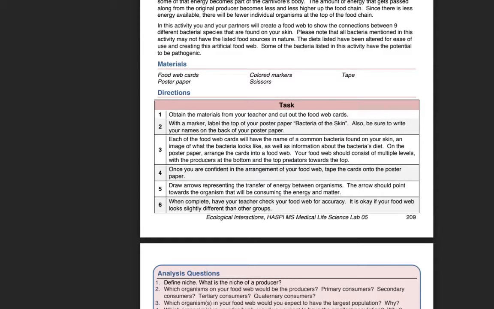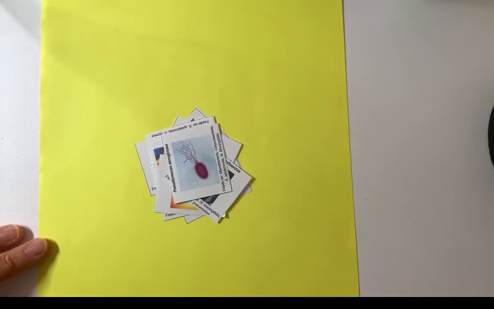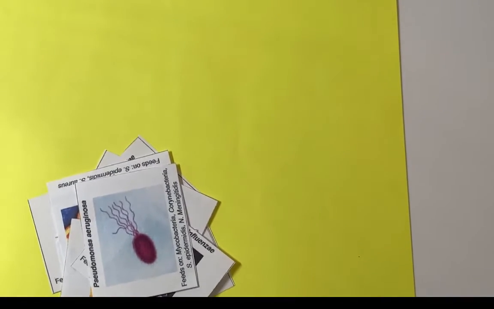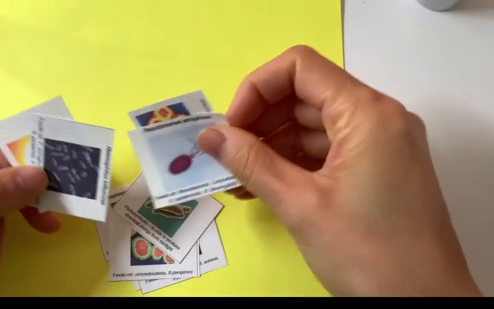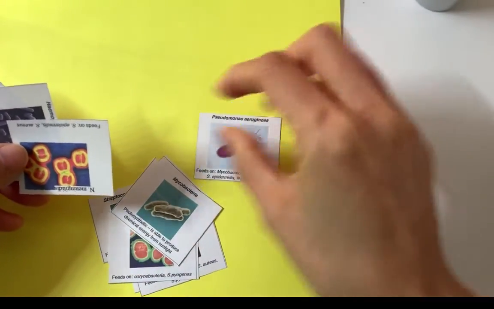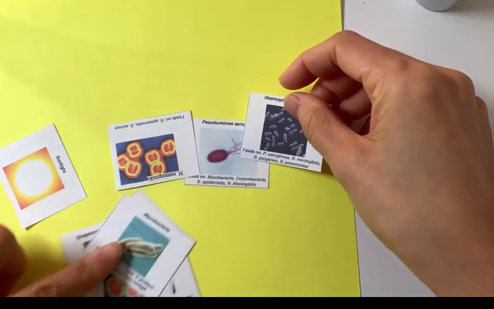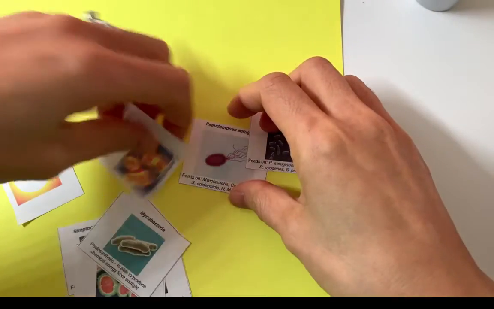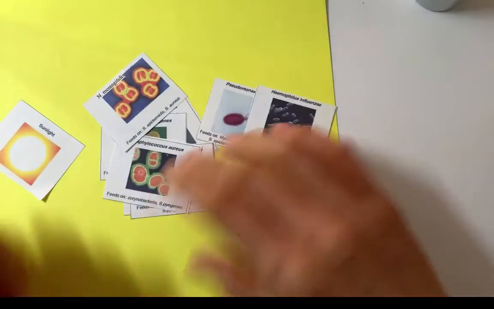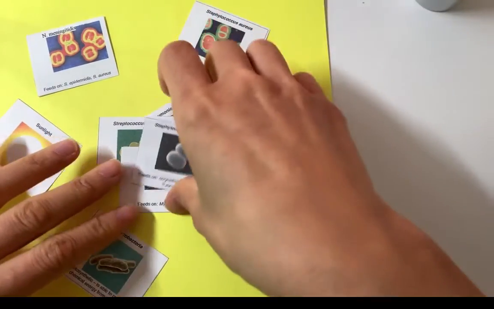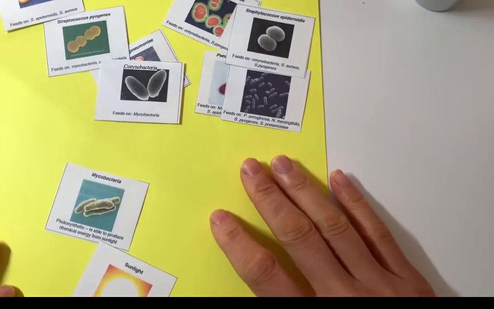You're going to be cutting out the cards and making a food web. So hopefully you can see these okay. But you've got different bacteria that live in your body, actually, on your skin or in your gut, all over. So what you want to do is you want to make a food web of what eats what. So, for example,